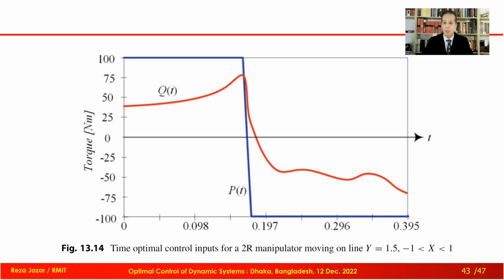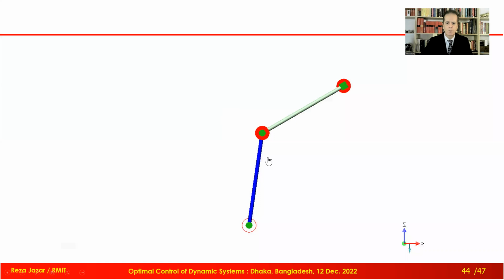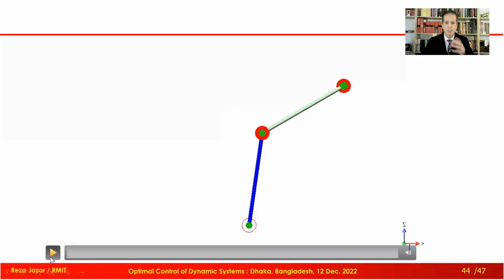Let's solve the problem for another path to see if it is possible that the other motor also gets saturated. Well, saturation depends on the value that we define. Here, I assume that these two motors are equal, though not necessarily. The other one can have a maximum of 50 Newton meters. In that case, you see that at some point here, the red line goes beyond 50. If I had that constraint, then the switching point would be multiple. But still, let's take a look at a simulation of that solution.